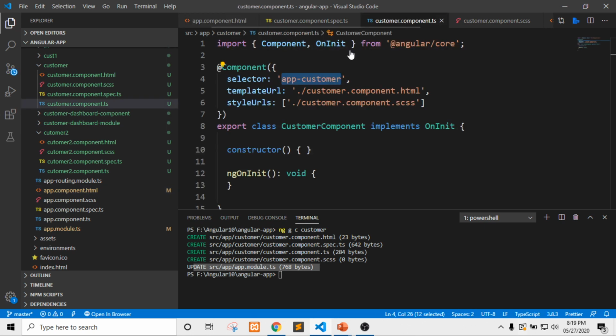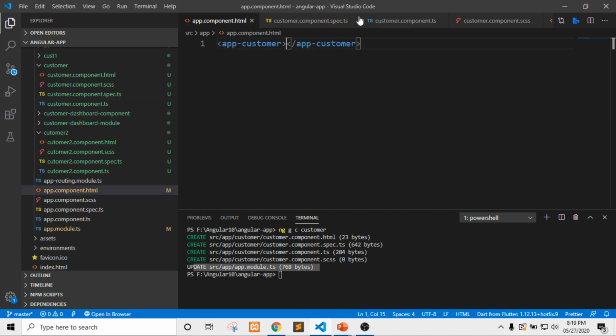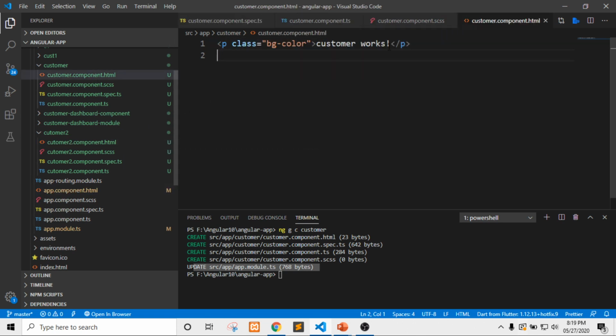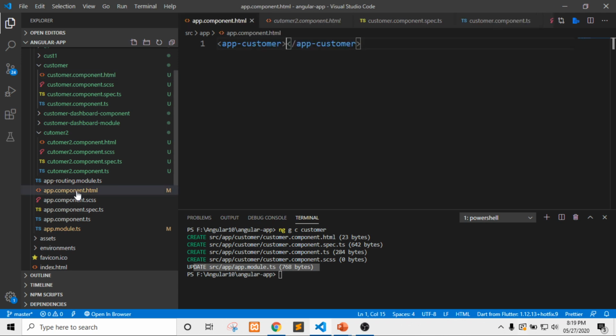This is the selector which we use like this. Now we can see the text from the HTML file. This customer works text should be visible on the app.component.html file. Here you can see customer works in red font.